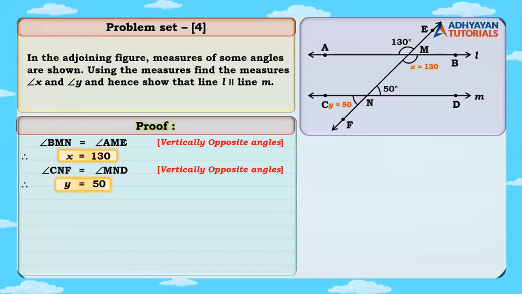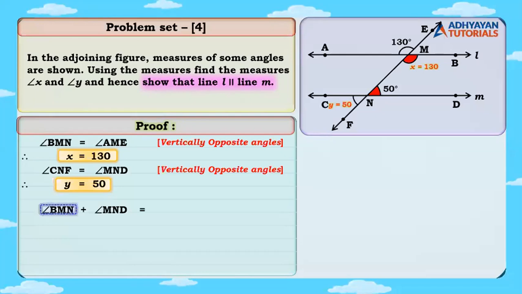Children, if you look here in the figure, x and this 50 degrees, what is the relation between these two angles? They form this alphabet C right here. C means which type of angle? Interior. And we all know if the lines need to be parallel, the interior angles must be supplementary, right? That means we have to add 130 plus 50. So I check first of all angle BMN plus angle MND, adding both, how much is it?